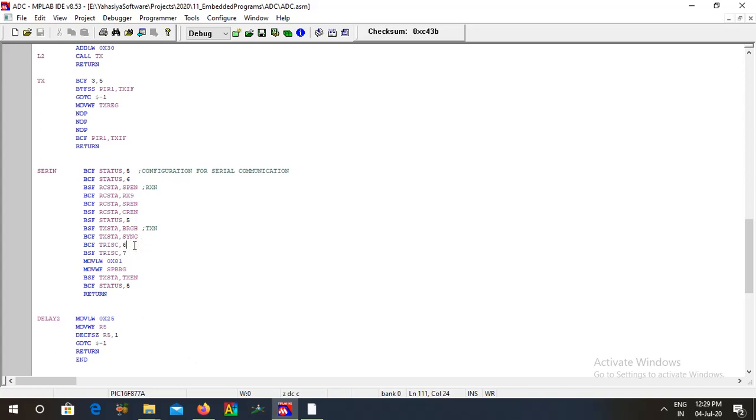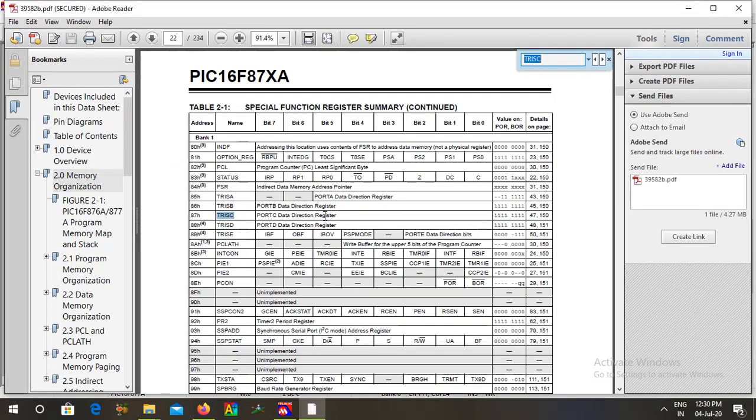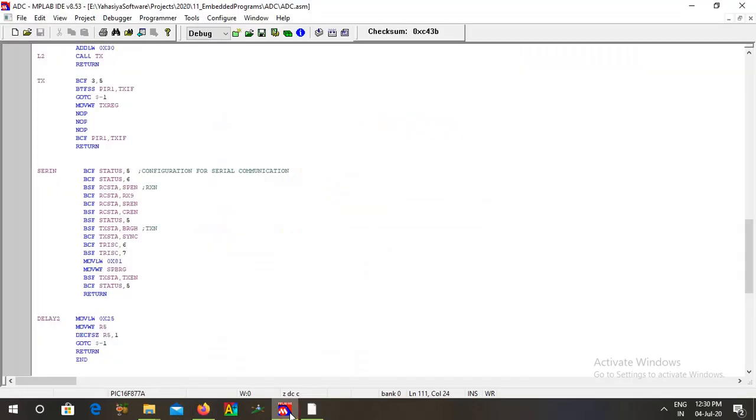BCF TRISC, that means the TRISC bit 6 is cleared. What does it mean? It is the port C data direction register. We are saying that port C 6th pin is an output pin.